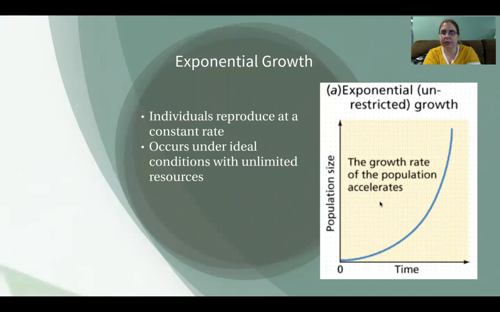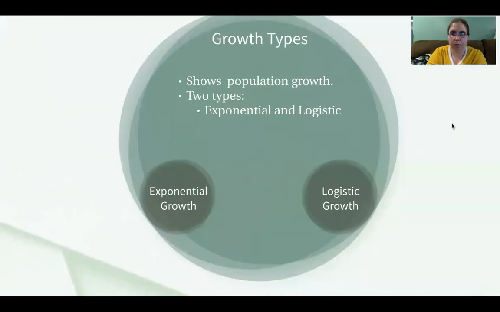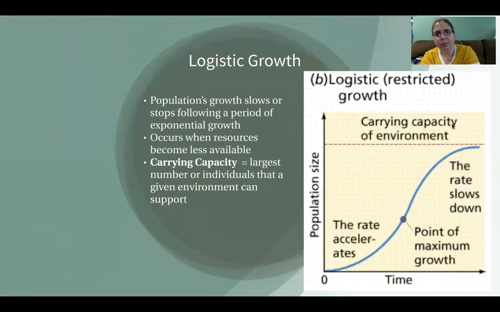Now this occurs when conditions are ideal and resources appear unlimited. And as you can see in the graph, you see this nice sharp curve upward. So over time, the population will increase in size very quickly. As opposed to logistic growth, where it starts off looking like exponential growth. However,